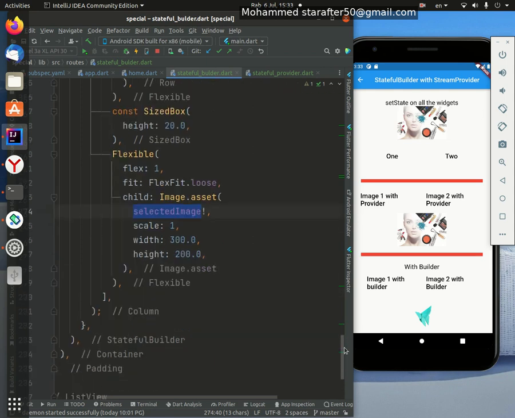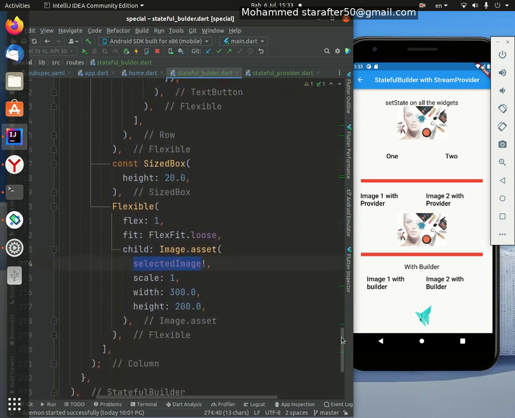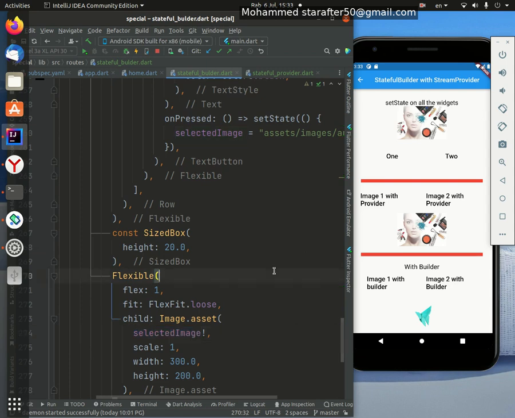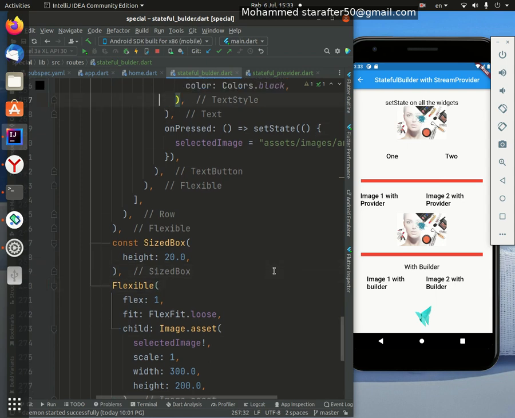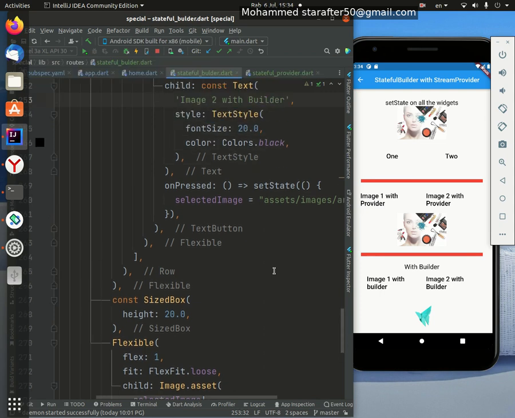Now, I hope that covers a good portion about the state management in your application and what the differences are and how you can use each type of state management in your application to improve its performance. The setState, the provider, and the StatefulBuilder. Okay,